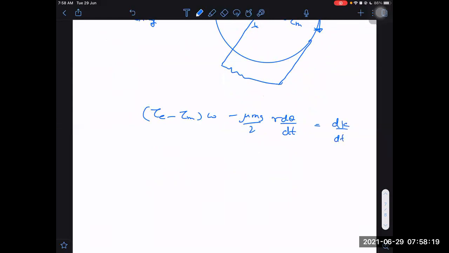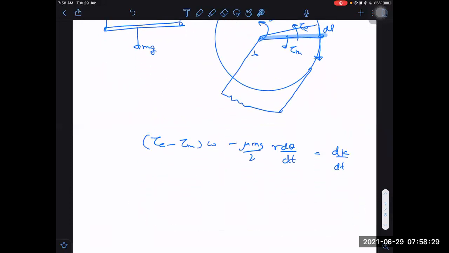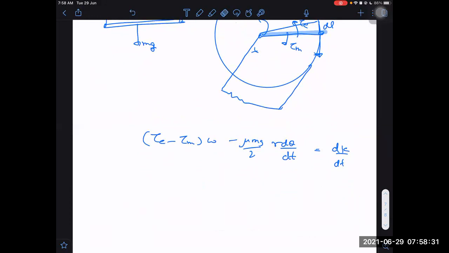This is the equation. So notice here, if I want to write the mechanical equation, force is equal to mass times acceleration, torque is equal to I alpha. Let me write torque equal to I alpha maybe. I'm not taking this also, I'm just writing it as I alpha. Torque is equal to I alpha. Is it the right equation or not?